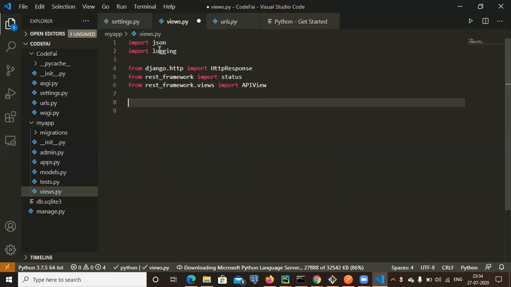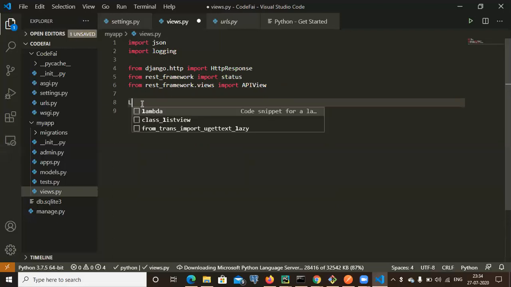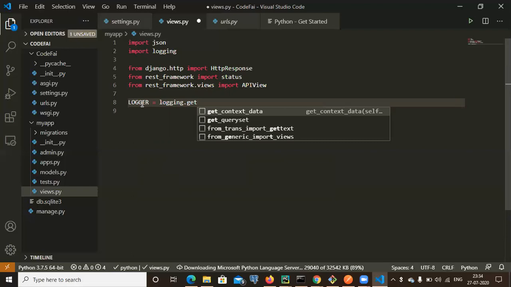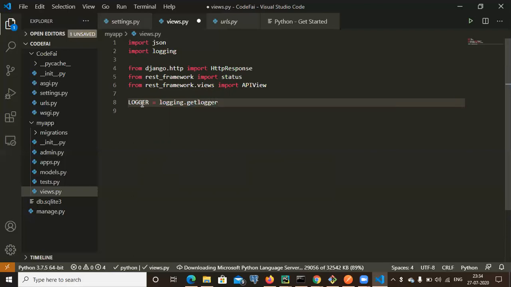I have given logging. This is for the logger. Whenever you want to write some logs in your code, you have to define this. So logger equals logging.getLogger.